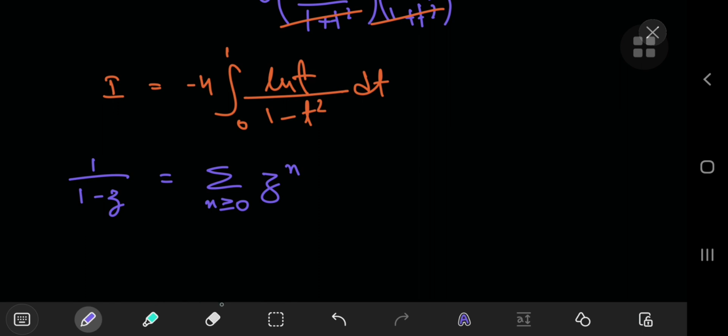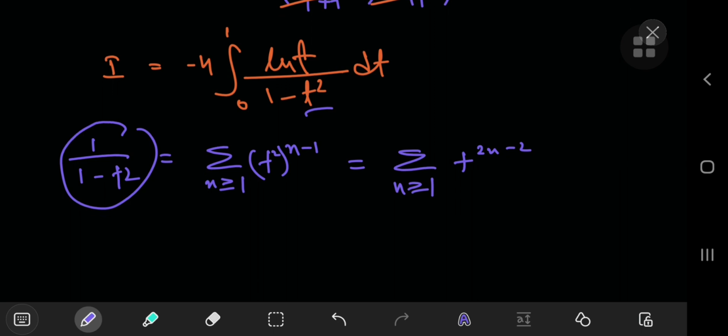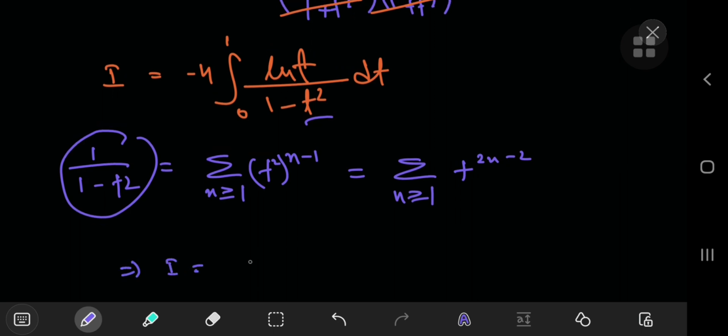Okay, but for the purpose of this integral here, which will come in handy later, instead of starting your sum at 0, start it at 1, and to include that 0 exponent, use n minus 1. And we don't have a z here, we have a t squared. So replace the z by t squared. So this term works out to be the sum over n of t to the 2n minus 2, which implies that your integral I equals -4 times the integral from 0 to 1 of the natural log of t